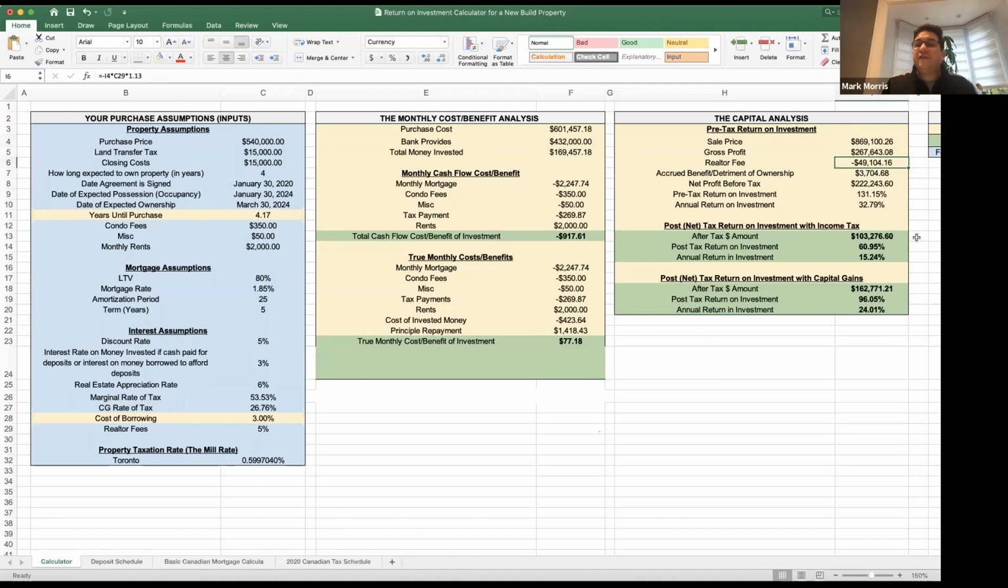Then we have to factor in what the accrued benefit or detriment of ownership is. Because for 4 years, we have made $77 a month. For 4.17 years, for 4 years, we've made $77 a month. And that needs to be accounted for. And that is here. And this is not such a big deal, but it is a big deal if you're making, say, $500 a month here. That could be a significant sum. We need to account for that to figure out what the analysis is,